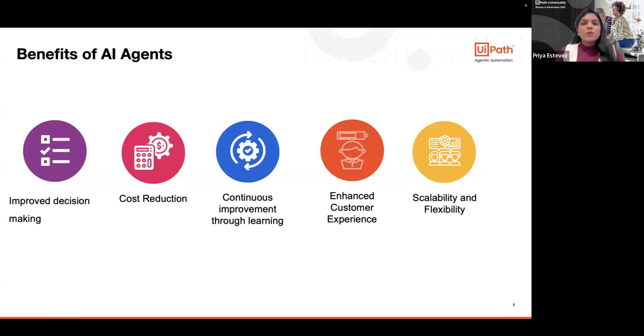Some of the benefits when we talk about these AI agents are they are very good at making improved decisions. When they run in these loops, the perception captures the data, and as it captures the data, it keeps running on the same three-stage loop: perception, reasoning, and taking the action. As it reads over a time period, it can make improved decisions. When the humans step in and provide direction on where you need to go, that helps the agent perform better. It's also cost efficient and it improves constantly using the learning process, because as you go through each learning cycle, the agents perform better.